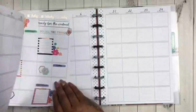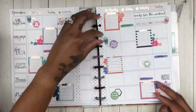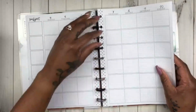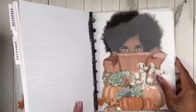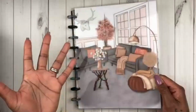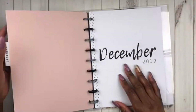All right, love. So I am finished with the decorating portion of this spread. And this is just a little temporary planner that I am using. This cover, At Home Wakita actually sent along with these inserts. This is the back cover, and this is the front. But I decided to use this because I thought this was really, really nice. And it matched what I felt like, a fall, winter theme. And then I just flipped this one on the back. So that's what I'm using to keep these two months in until